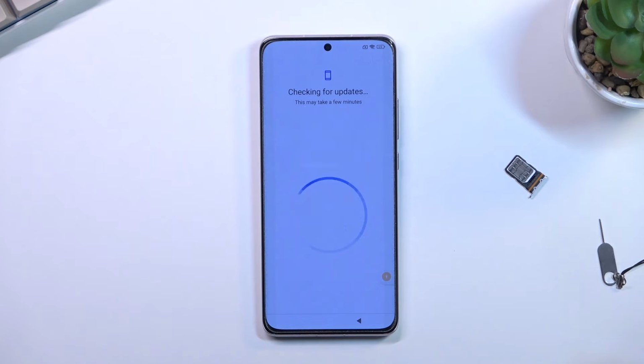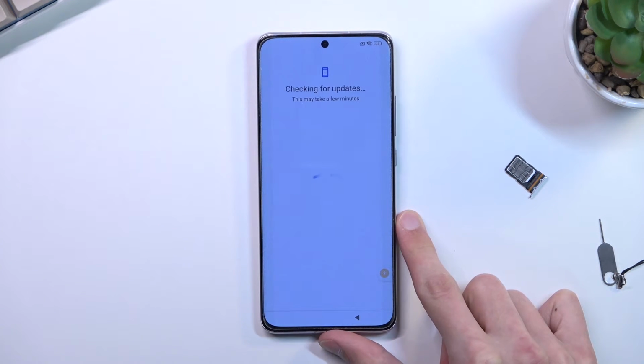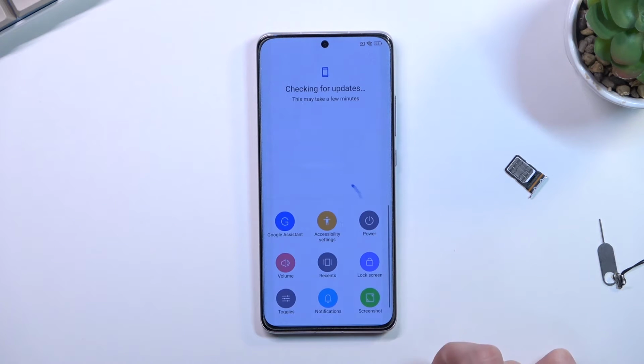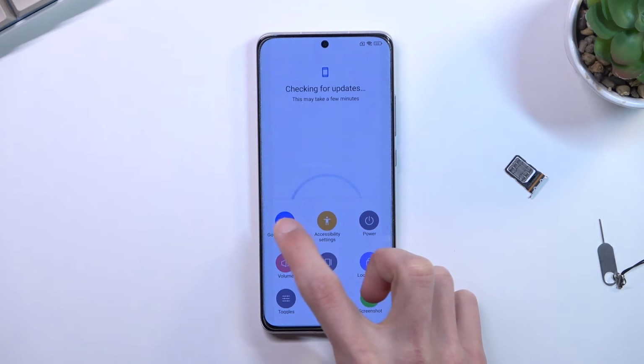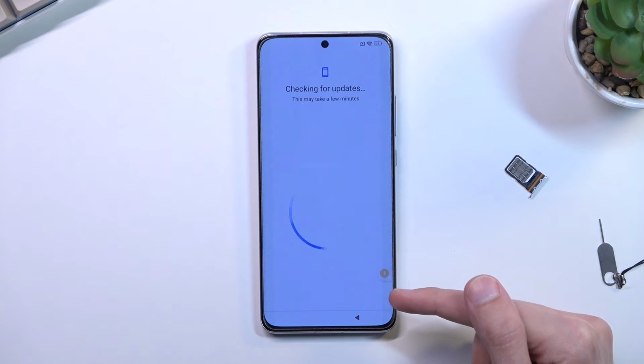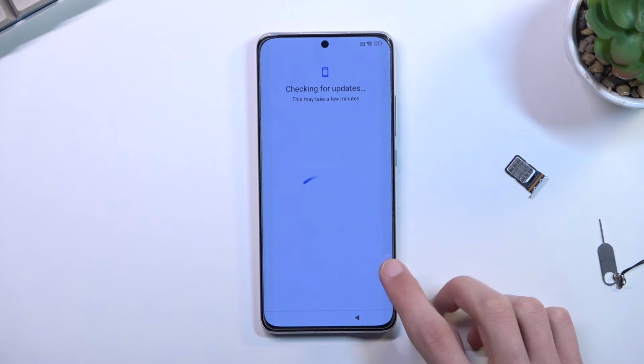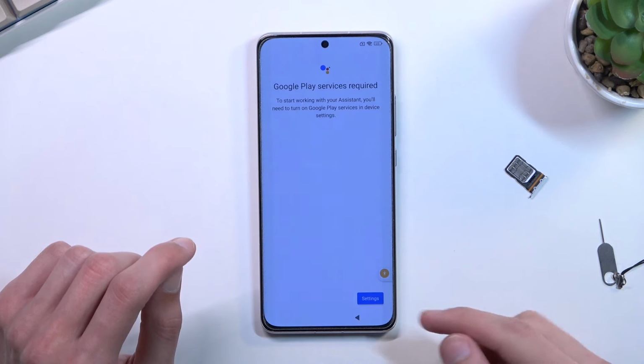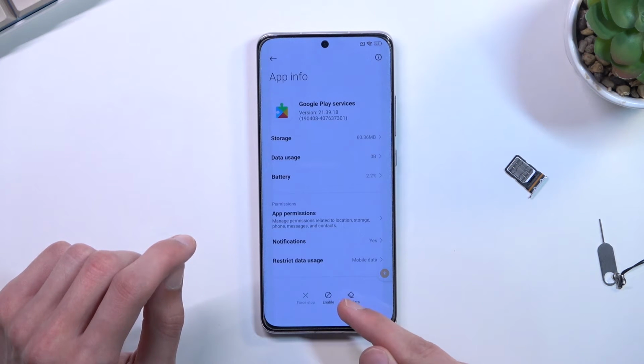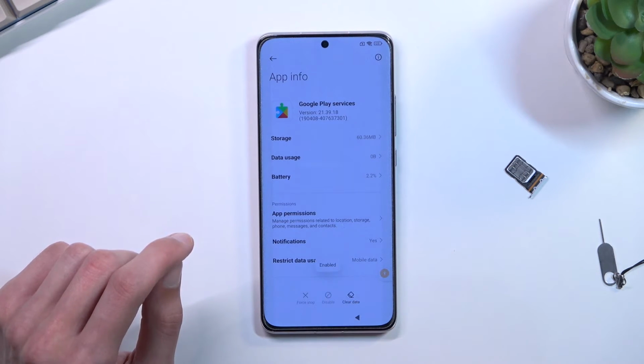So here comes the crucial part of basically bypassing it. So what you're going to do is click on the accessibility menu button. You're going to select Google Assistant. This will show up settings, though not always. As you just seen, nothing showed up. There we go, settings. You want to click on it and then select enable, which I guess I can do